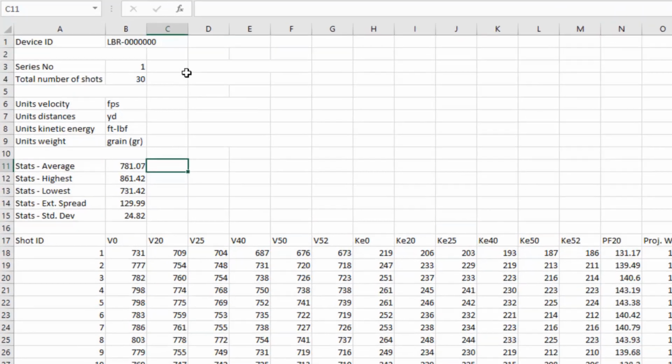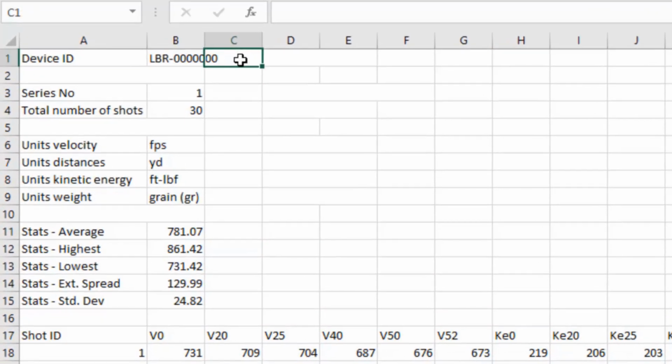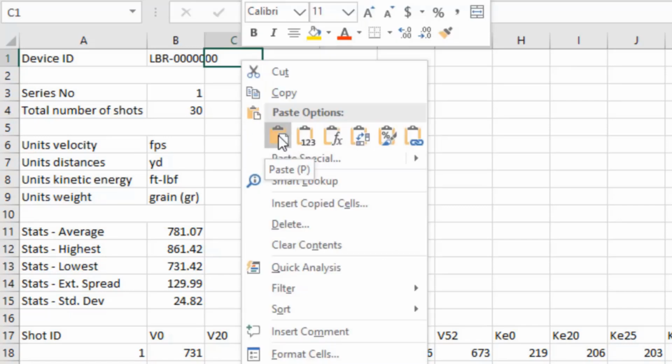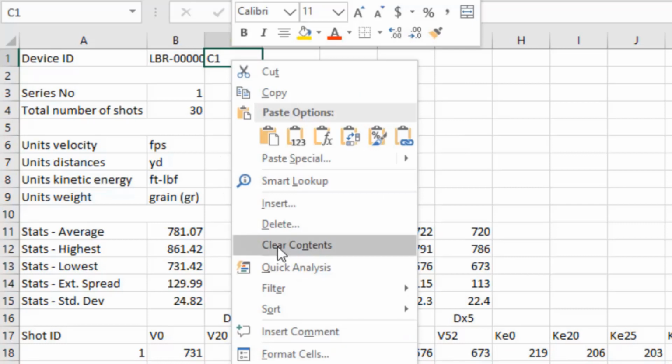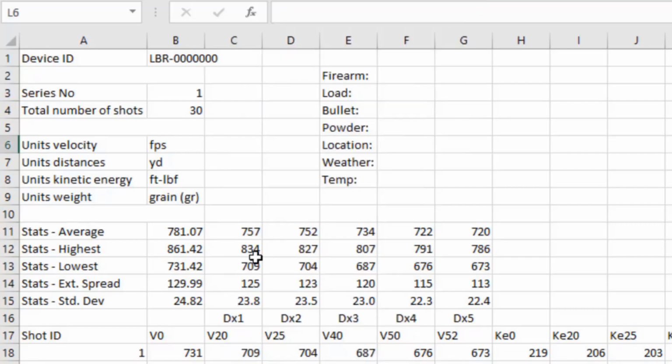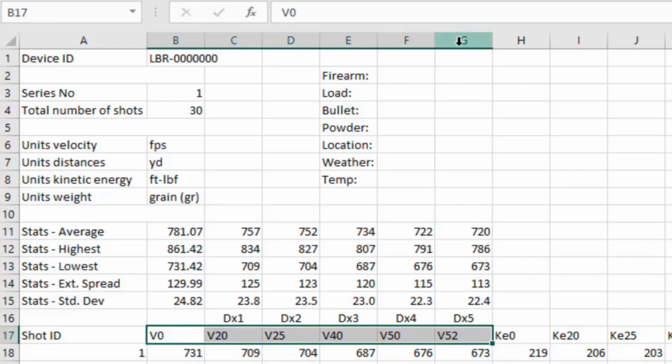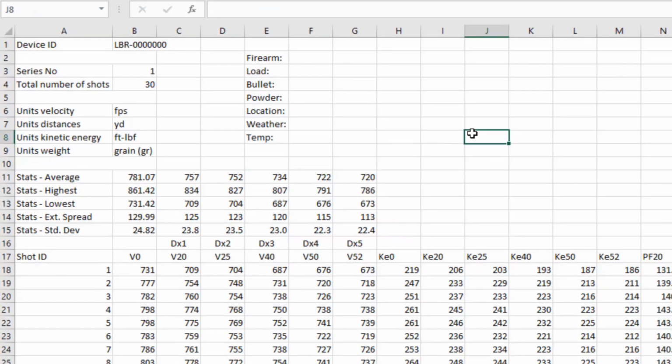Minimize that. I'm going to go to C1 because that's my reminder of where to put my cursor. And then I want to paste. And then I want to get rid of that C1 reminder. It's put my formulas over here. And it added DX1, 2, 3, 4, and 5. And just to make things line up, I want to center that.